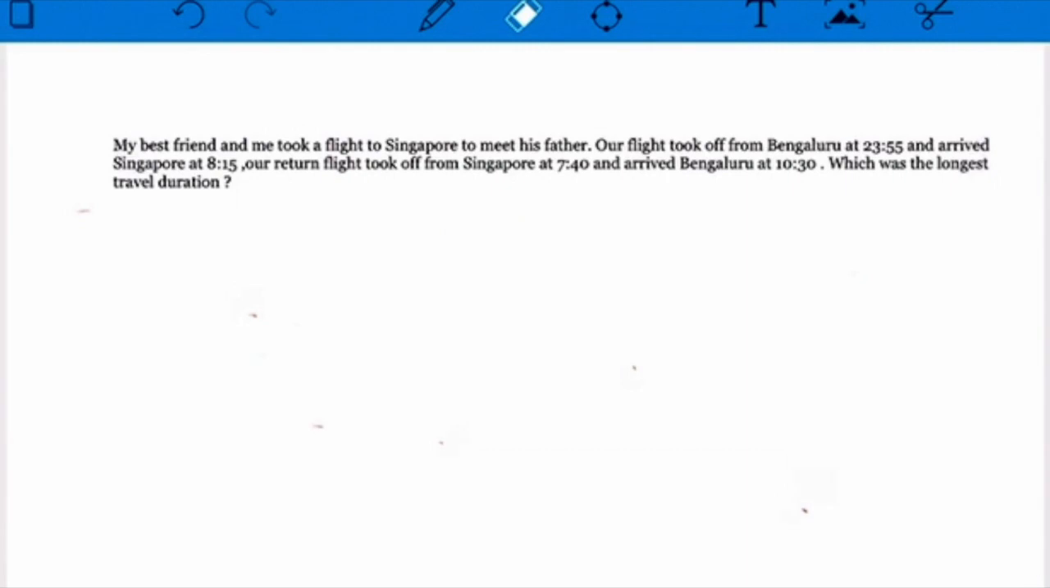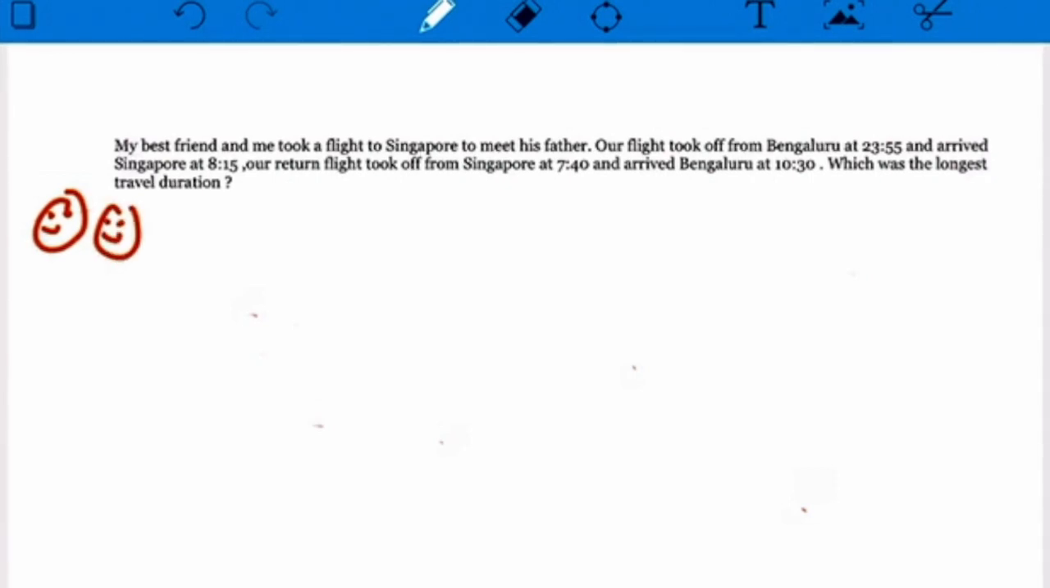My best friend and I took a flight to Singapore to meet his father. Our flight took off from Bengaluru at 23:55. I arrived at Singapore at 8:15. Our return flight took off from Singapore at 7:40 and arrived at Bengaluru at 10:30, which was the longest travel